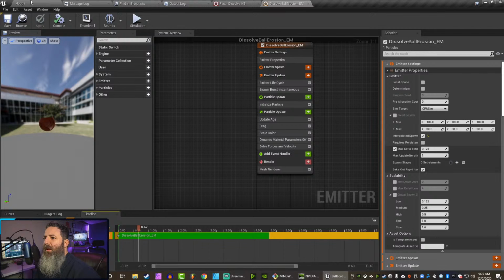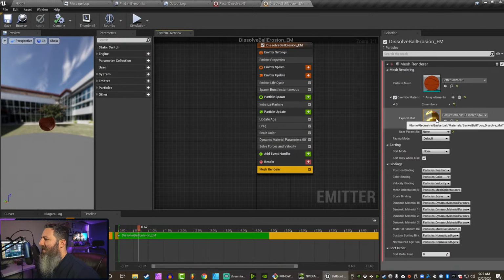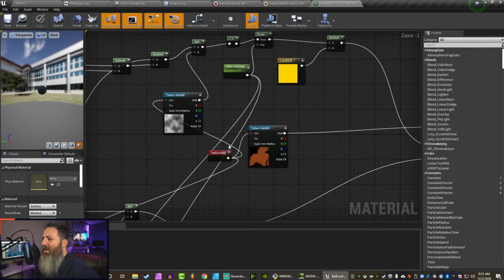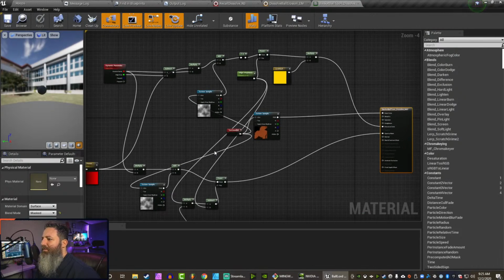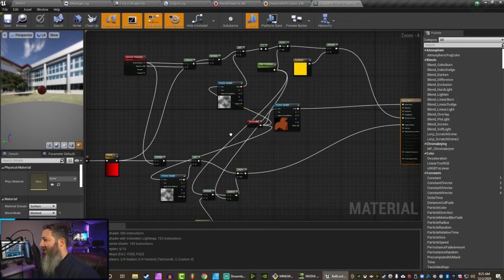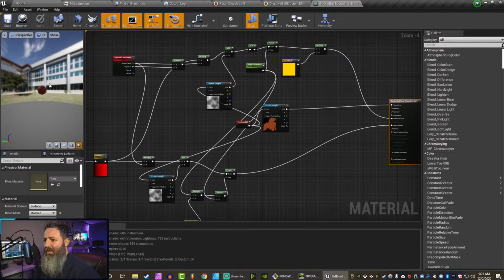So let me open my material, go to my mesh render. Looks nice there. Oh, you know what? It probably has to compile because I'm not checking in the compiled versions. I'm only checking in the source. So what I did was I put this back to lit. So it's back on lit,